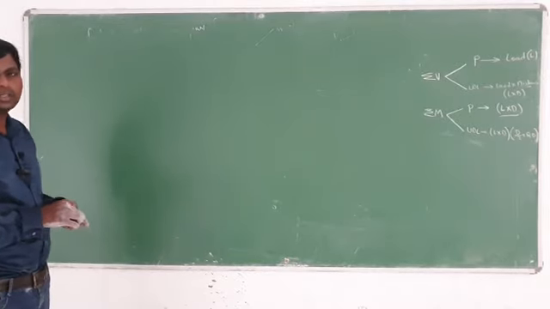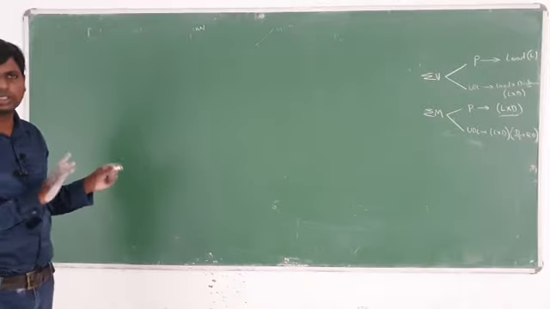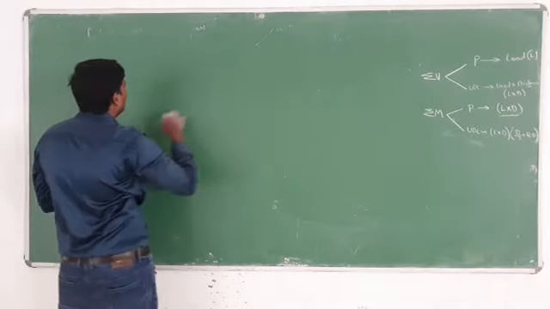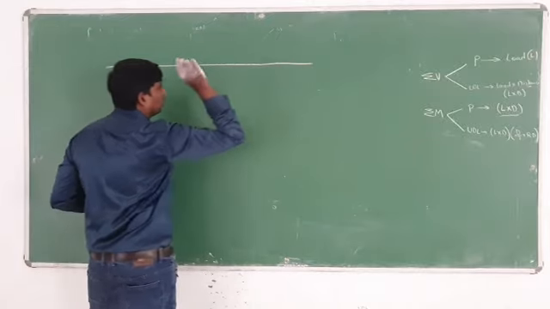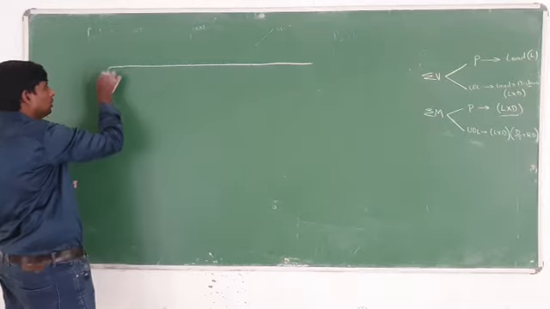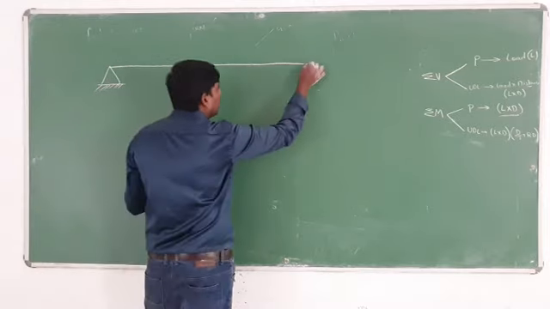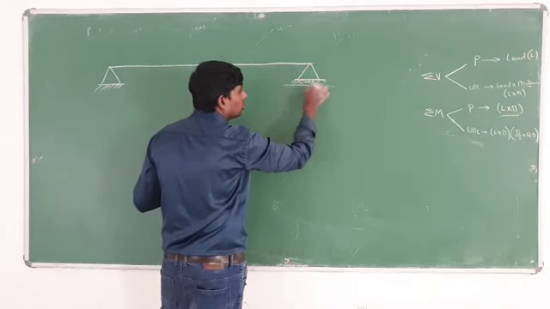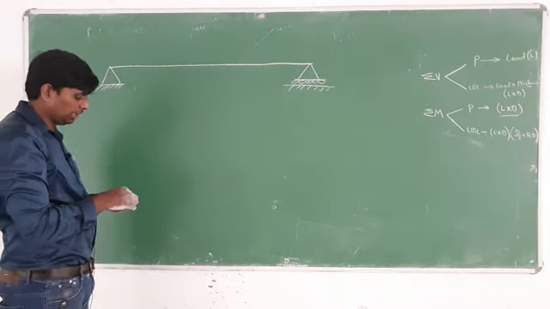Okay. Next one, the same problem will be there, but in that a UDL load will be there. Same problem, the last problem for this topic. In this problem, which load is there? UDL load is there. Like this a beam will be given. This one is known as the normal simply supported beam. Here also you can see a flat support here, and here something like a roller support. Another indication of roller support is like this, and another like that.